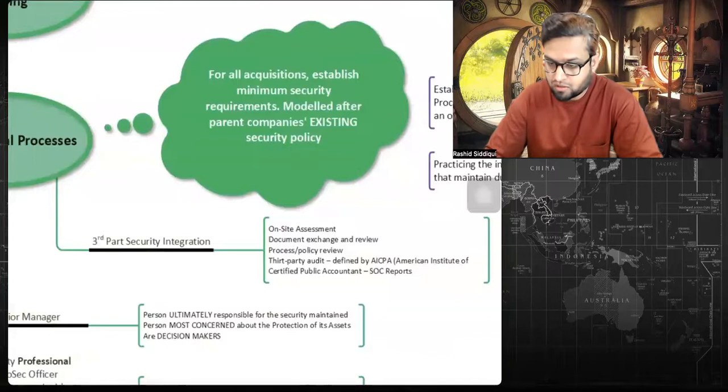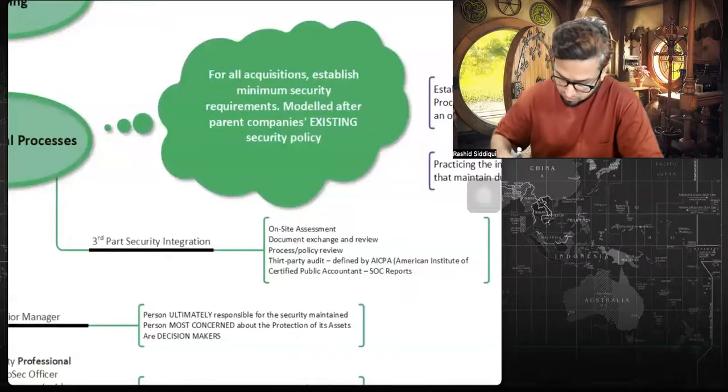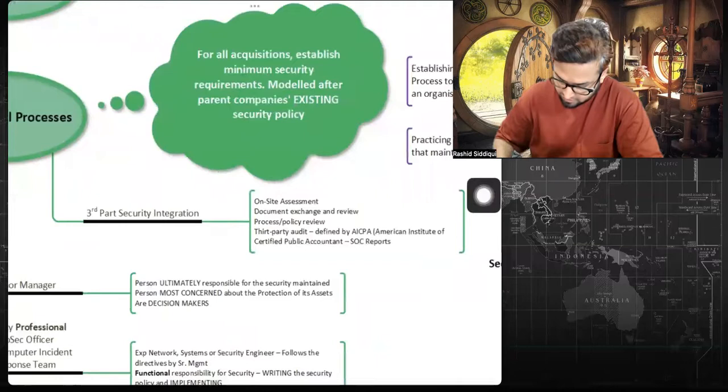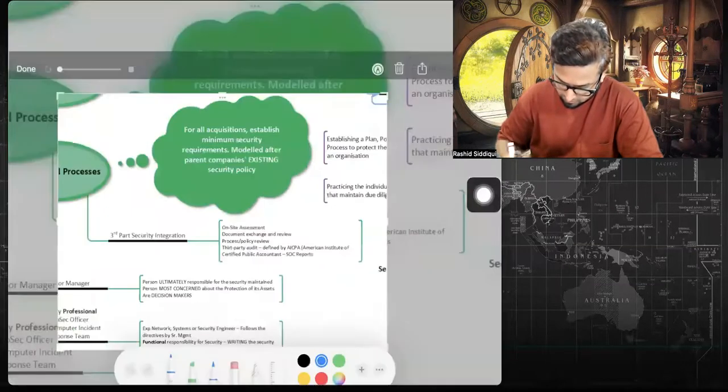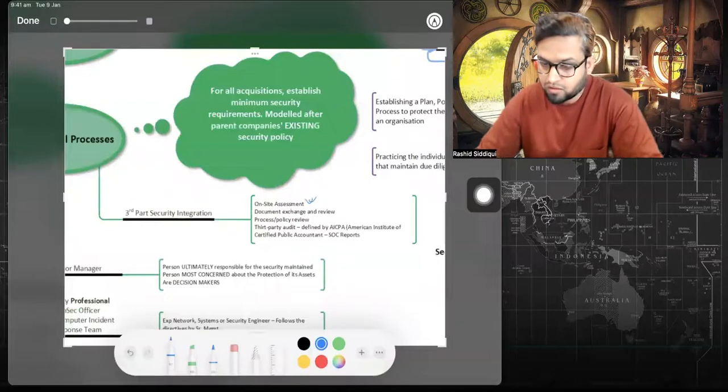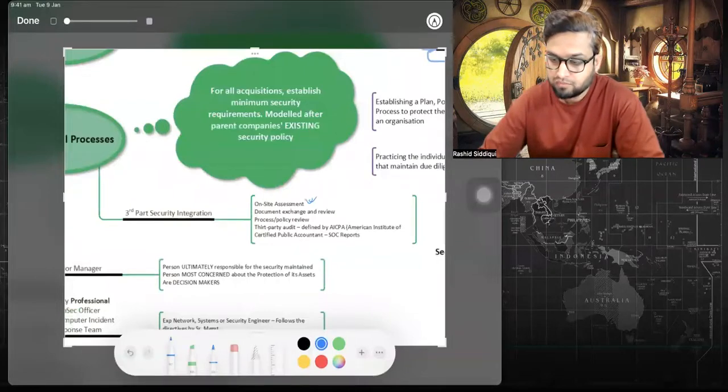That is when we outsource some components of our business, or in a supply chain as well, if we are manufacturing some product and there are different vendors, and we want to develop a kind of security or confidence between our company and the vendor, then we have to think about third-party security integration. What it takes to do third-party security integration, if you look here, is on-site assessment. We may go for on-site assessment, but before we go for it, there is a process of documentation review we have to go through.